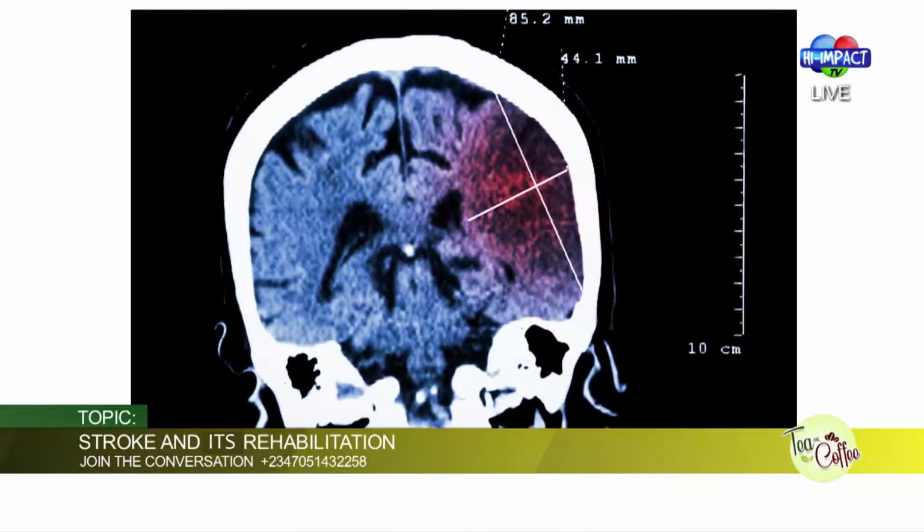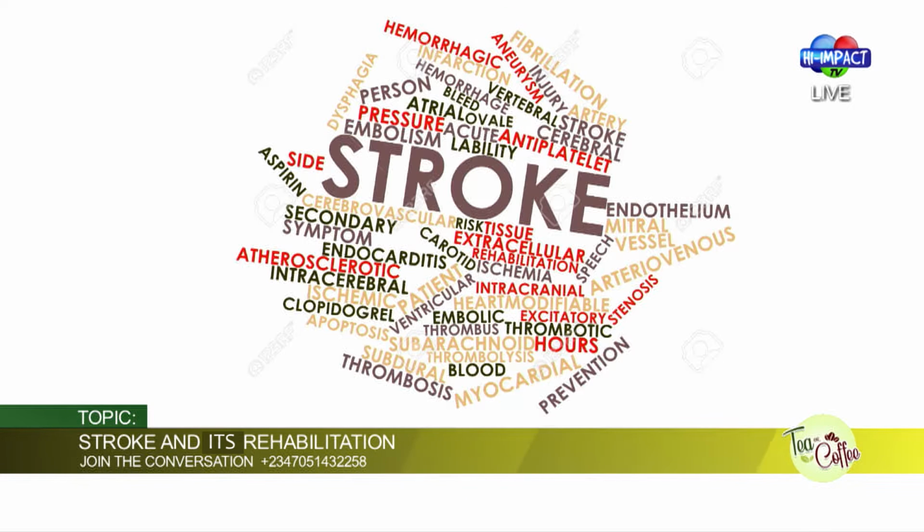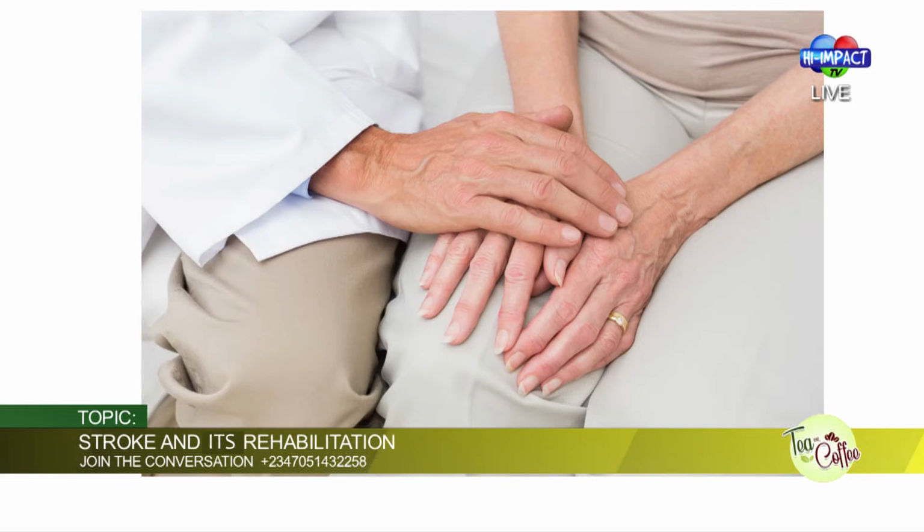What actually causes stroke is that barrier to the flow of blood. That is the pathological process that we look at when a person is suffering from stroke. Now we have risk factors, things that place someone at risk, that can make someone vulnerable in developing stroke. We have the modifiable and the non-modifiable risk factors. The non-modifiable risk factors include gender. It has been proven that men are more vulnerable in developing stroke, but women are more susceptible to dying from stroke.